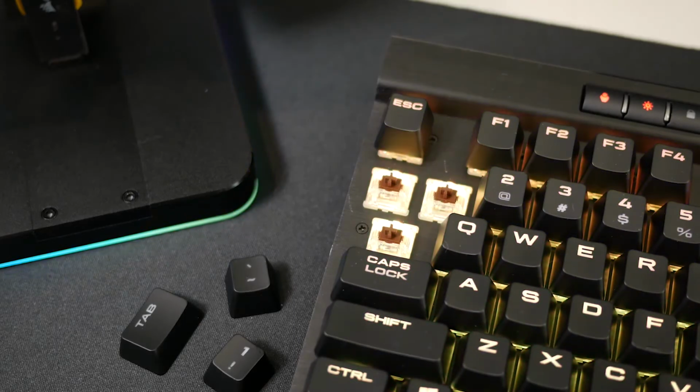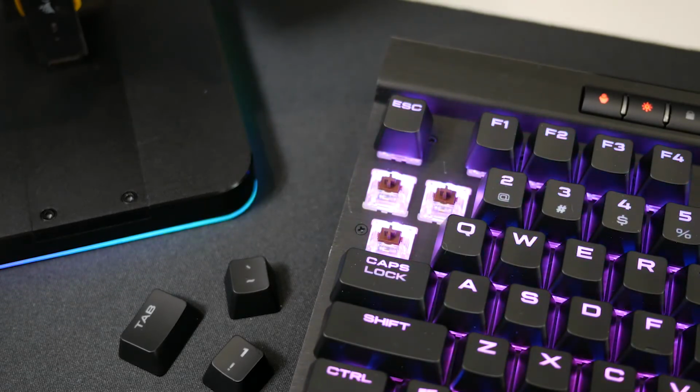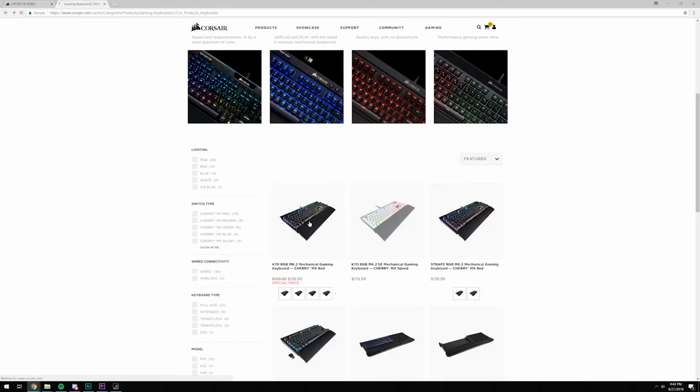So I definitely like the fact that it's optional and easy to remove. Obviously, the most important part when shopping for a gaming keyboard is the switches themselves. This version of the K70 Mk.2 that we're looking at today has the Cherry MX brown switches, but if you